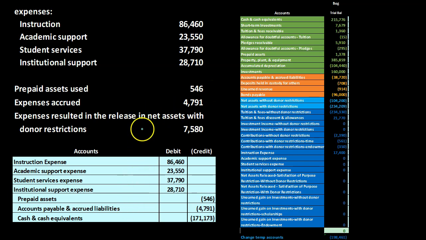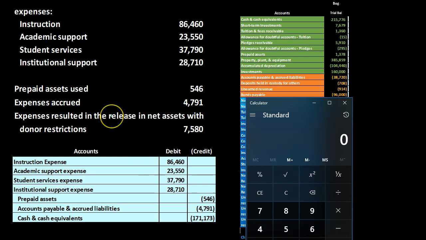Expenses accrued, 4,791. So we have the expenses accrued that will be increasing the liability account for the payable and accrued liabilities. That's going to be this liability account. It's going to be increasing in the credit direction. And then if we take, of course, the debits minus the credits, we're going to take the 86,460 plus the 23,550 plus the 37,790 plus the 28,710 minus 546 minus 4,791 gives us the